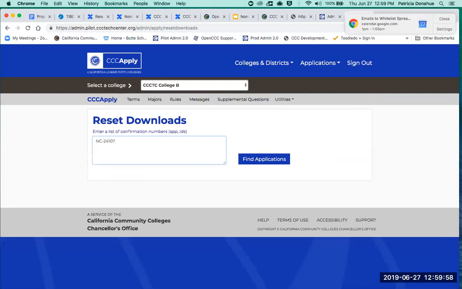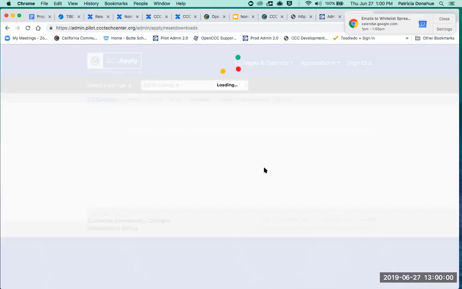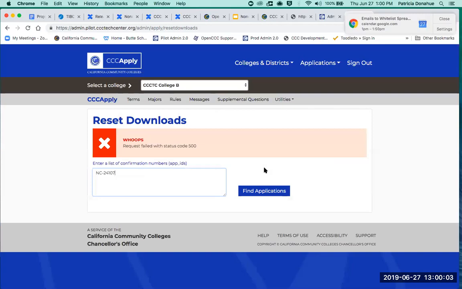the standard app. If you've already downloaded an application, and you need to download it again, you need to reset the status. Whoops, I just threw in this number and I'm not sure if it's right. Let me check that. Nope, there's no submitted application. This is a number I made up. Anyway, I'm happy to work with you after this webinar and go through all the details of reset downloads